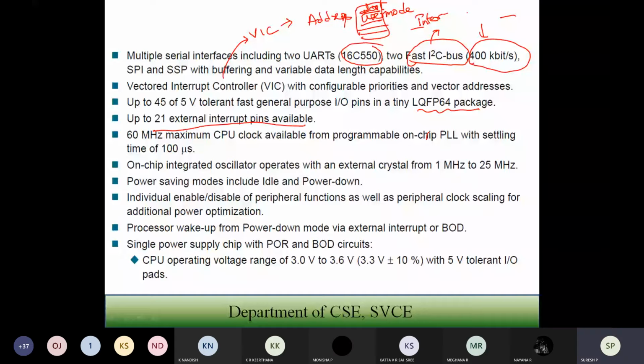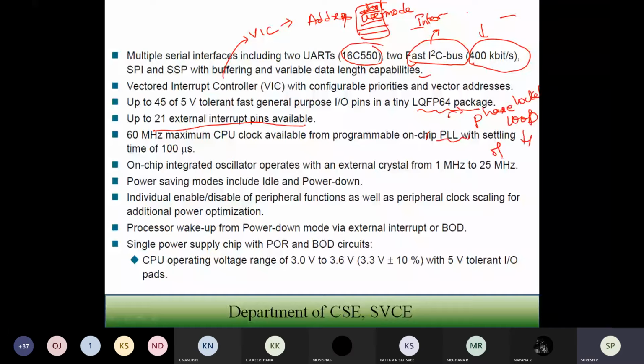Okay. So it is going to have a 60 megahertz maximum CPU clock, available from the programmable on-chip phase lock loop, PLL. Here PLL stands for phase lock loop. I think if you have read your op-amp in your first year, you may have heard of this particular term, phase lock loop, with a settling time of 100 microseconds.